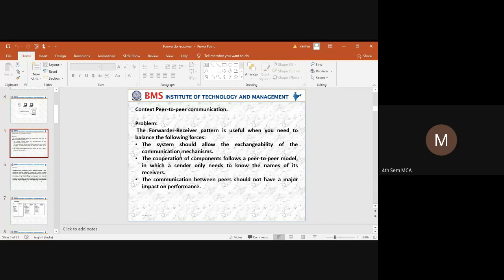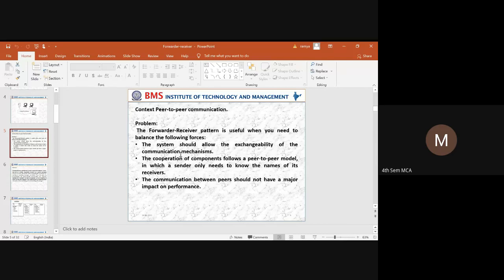So how do we define the problem? There are some forces that define the problem for a forwarder receiver pattern. The first thing is that when we say peer-to-peer communication, a message exchange mechanism has to be designed. Next, we need to have cooperation among the components.